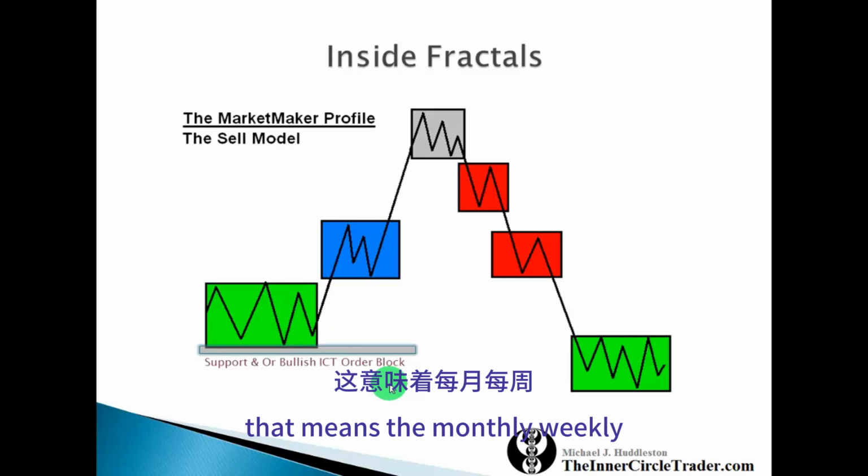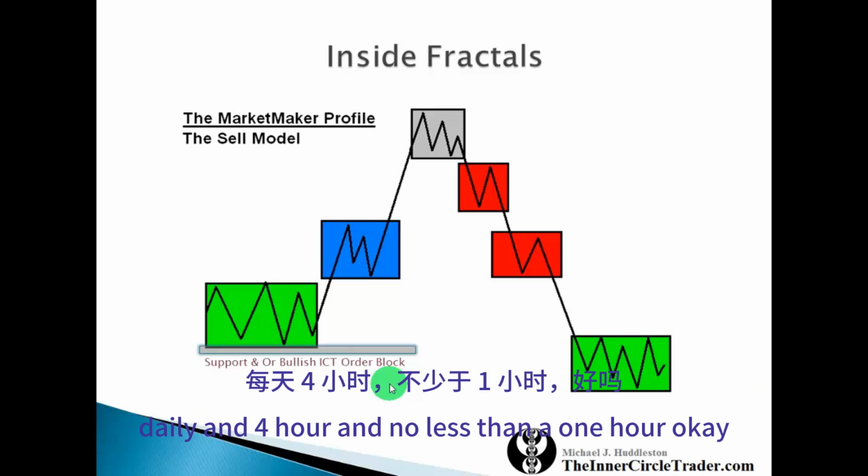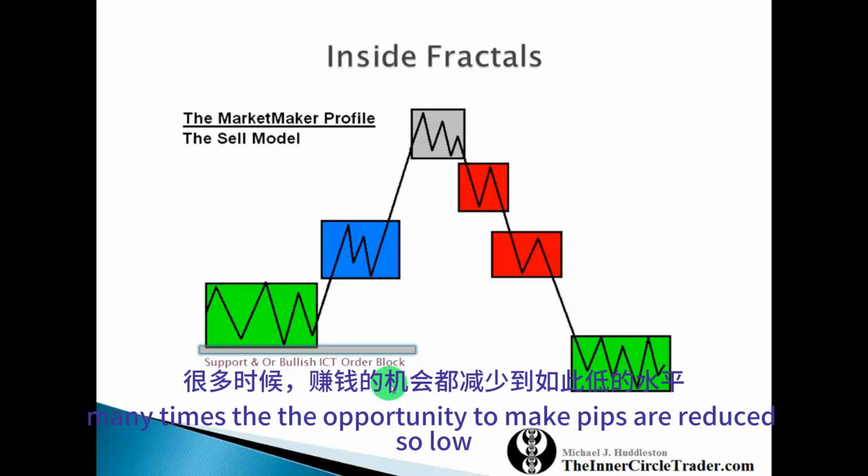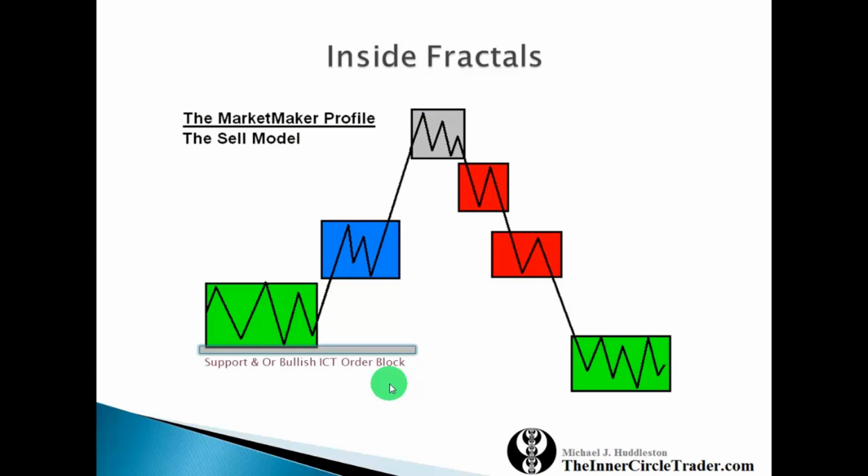That means the monthly, weekly, daily, and 4-hour, and no less than a 1 hour, because if we trade with fractal patterns like this, less than a 1 hour, many times the opportunity to make pips is reduced so low,